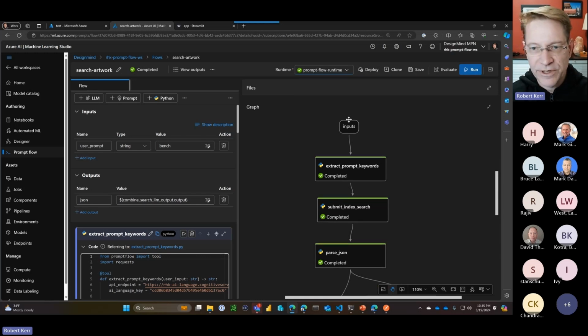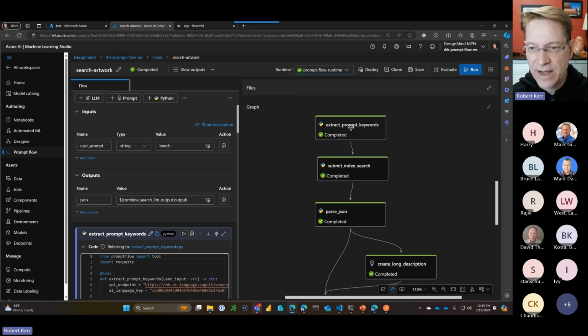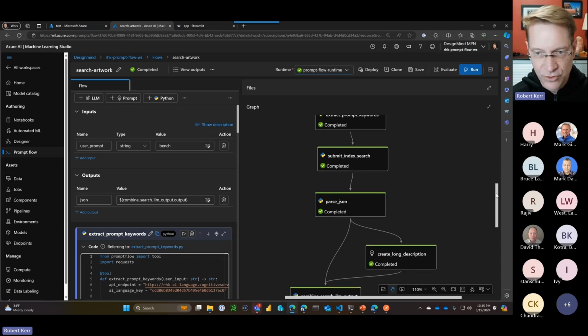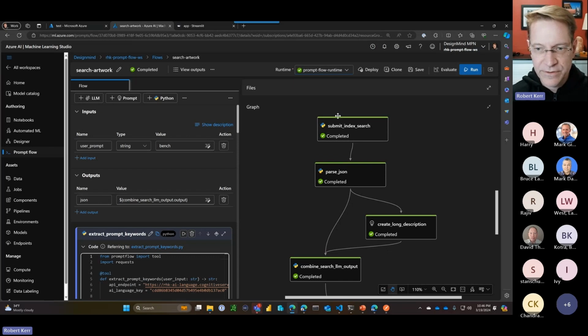Essentially what we're going to do is take an input. That input will be whatever the user asks for. So maybe they'll say, show me a table, or show me something made of glass, or something like that. That's their input. Then we're going to extract keywords from that input. We're actually going to use a service to do that, so we'll pull keywords out of that so we can try to match the content that's in our search index. Then we'll send that query to the search index, which is the Azure AI Search. And once that information comes back from the search index,